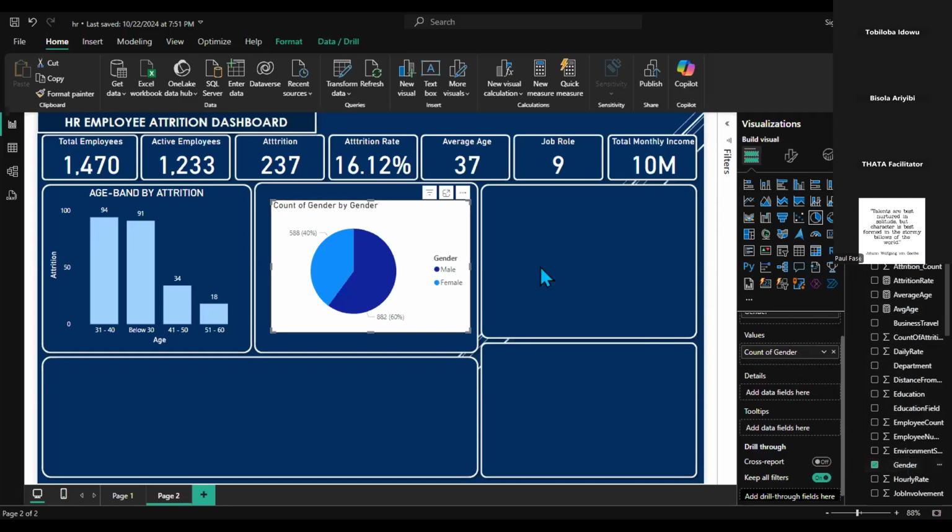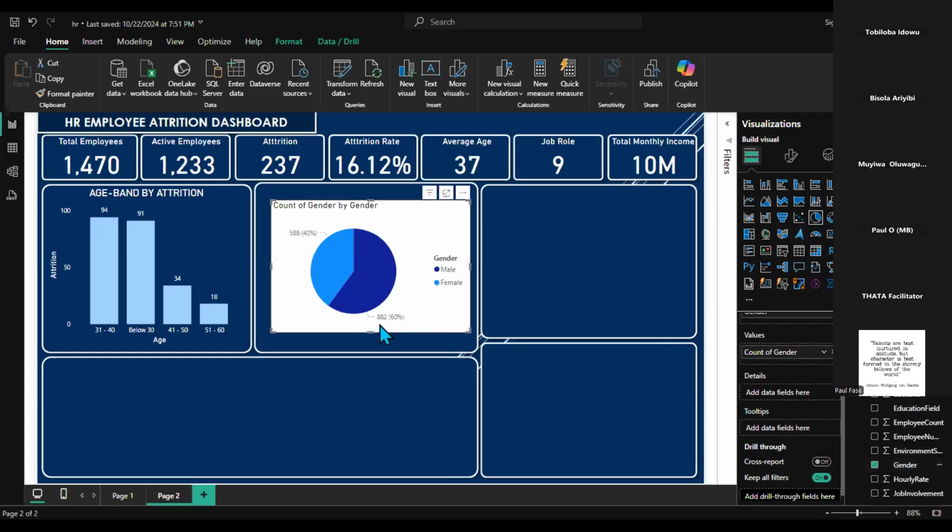All right. So once I do that, I have 588 and I have what? 882. But this one is for all the employees, right? This is not for attrition. This one is just to give me the total gender for all the employees. Because if you add 588 and 882, we're going to get, at the end of the day,